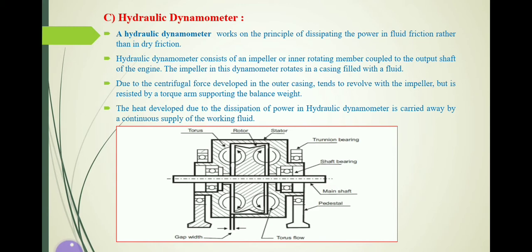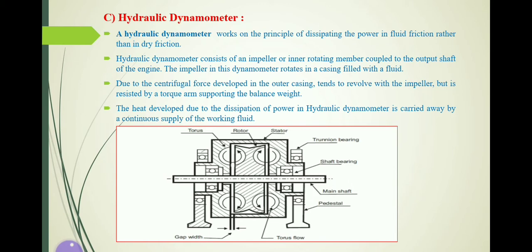If the liquid is not between the stator and rotor, the rotor is continuously rotating and no friction is going to take place. No resistance will be applied to the rotor and no resistance to this main shaft. But we have to measure the amount of brake power. That means the amount of brake power which is available in the main shaft.